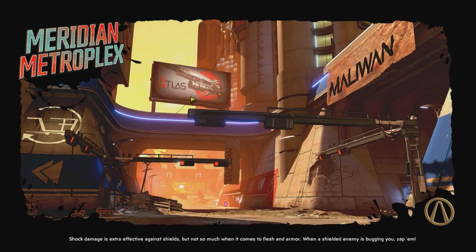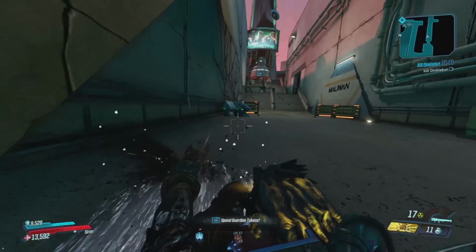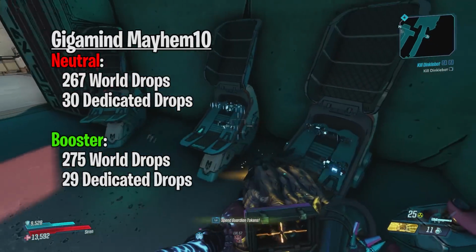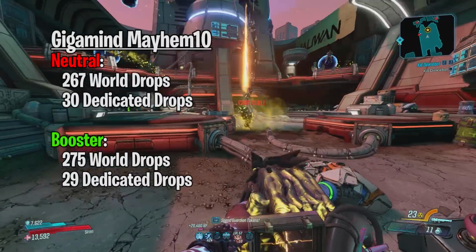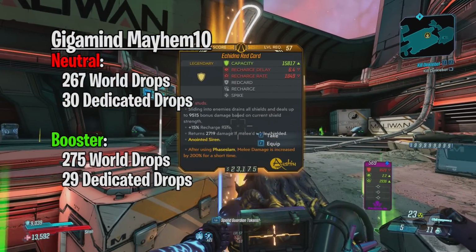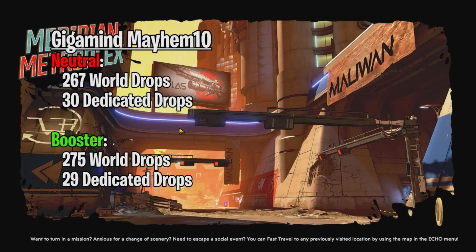Anyways, let's start off with my results from Gigamine. Remember, this was done on Mayhem 10, so all my drops were anointed, and I farmed him 200 times, 100 with and 100 without the booster. So without the booster, I had 267 world drops and 30 dedicated drops. And with the booster, I had 275 world drops with 29 dedicated drops. As you can see here, at least on Mayhem 10, there is absolutely no difference. I had the same amount of dedicated drops and also a very close number of world drops. The difference between the amount of world drops is easily within margin of error. So with this information, I can determine that neither dedicated or world drop numbers are affected by the Butt Stallion